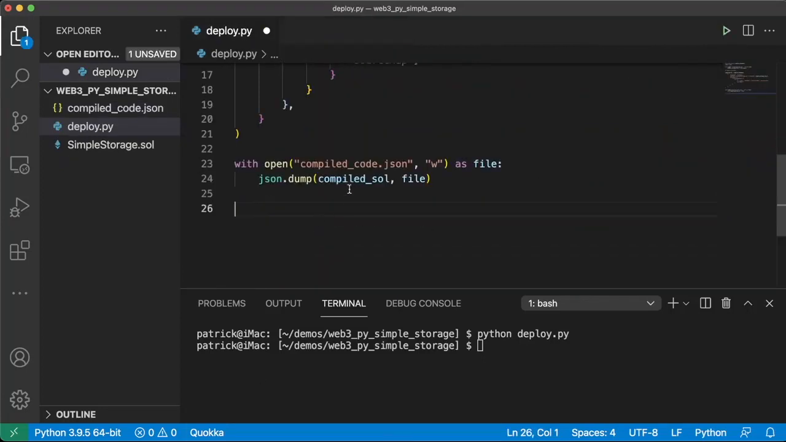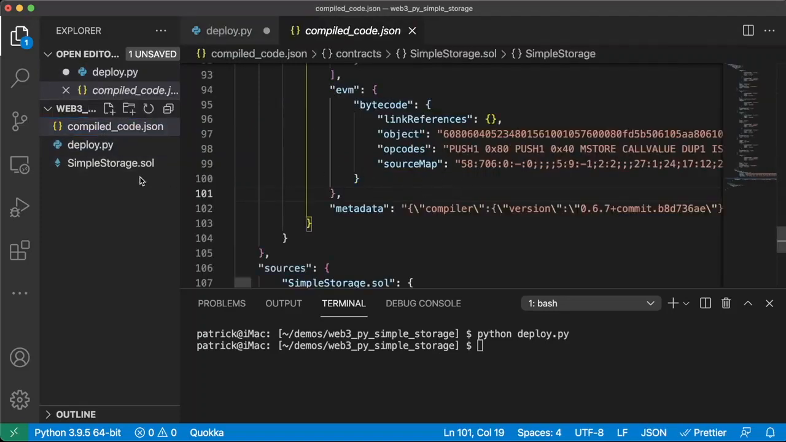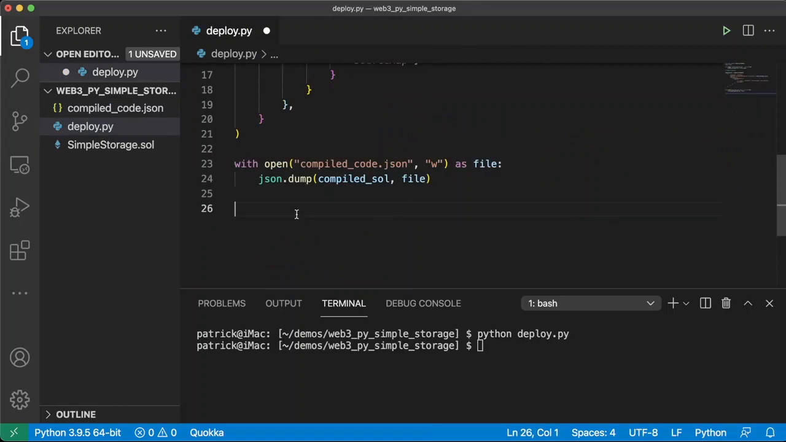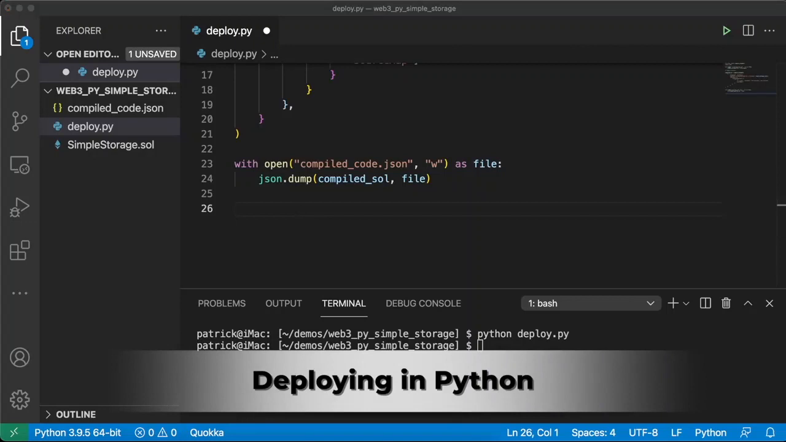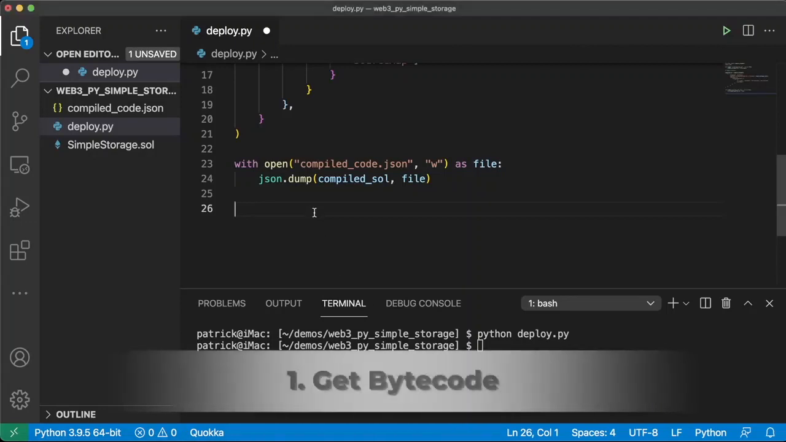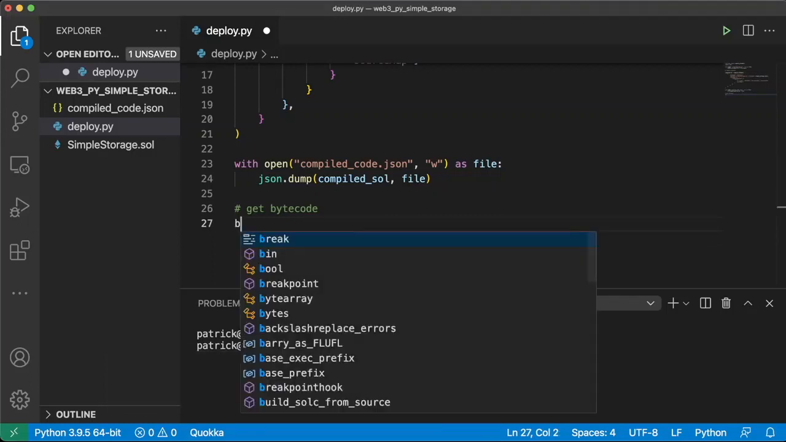Okay, awesome. So we've compiled our Solidity. We've even stored our Solidity code to this compiledcode.json file. Now what do we do? We probably want to deploy it and test it out. So how do we actually do that? Well, first, we actually have to get the bytecode. We need the bytecode of the file so that we can actually deploy it. So we're going to do bytecode